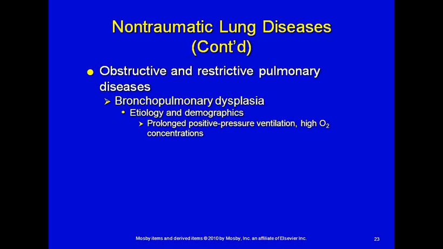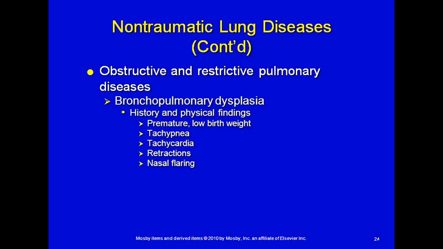So when we're dealing with particularly babies in that first 28 days, we have to be really careful about prolonged 100% positive pressure ventilation with oxygen. It's one of the reasons we no longer do 100% oxygen tents for kids anymore as well, because of the potential for hyperoxygenating them and them developing bronchopulmonary